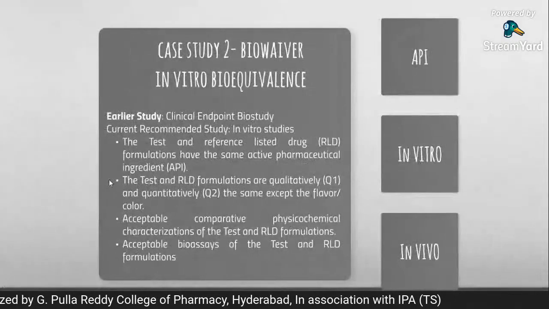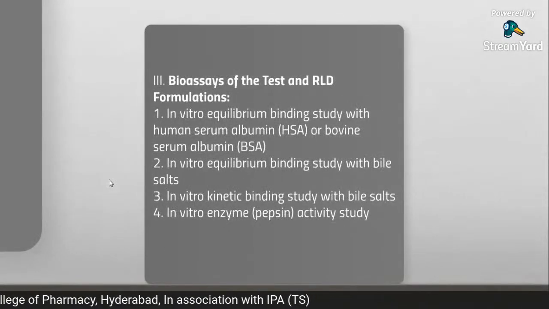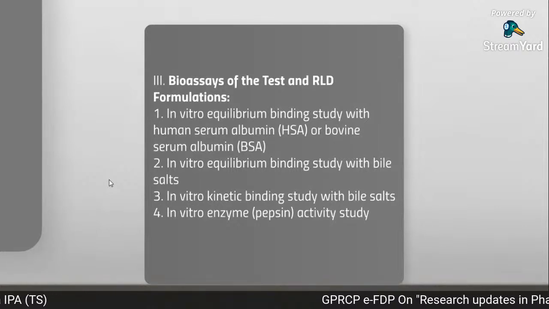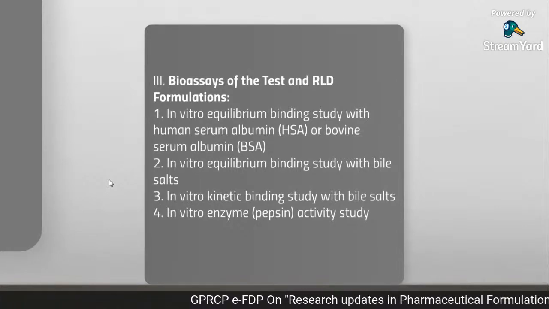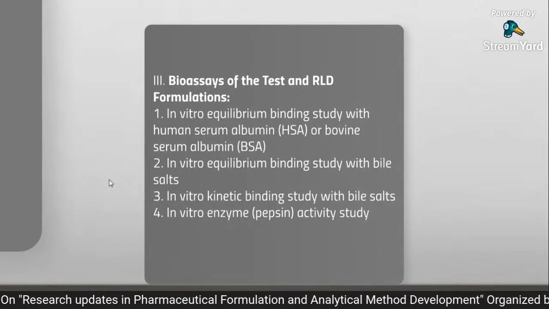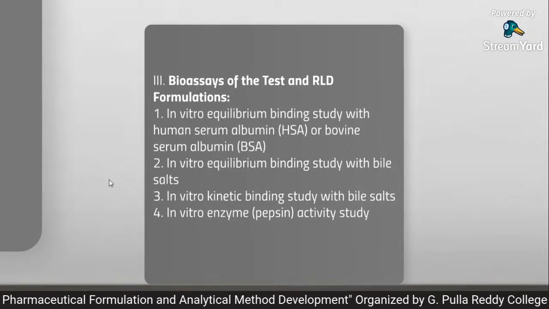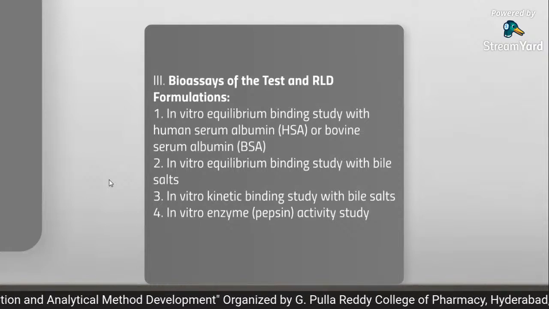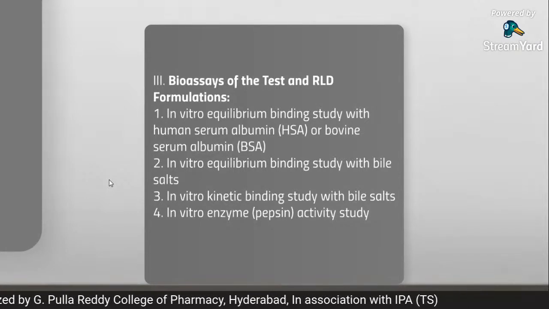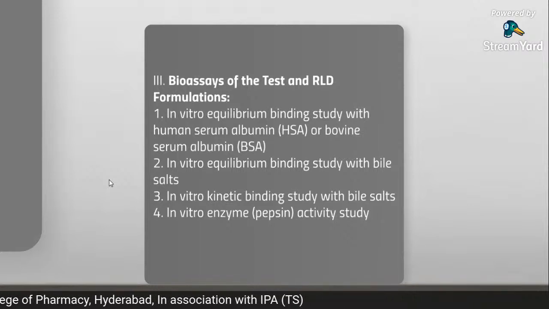And as part of bioequivalence, the clinical endpoint study has been replaced by in vitro equilibrium testing as bioassay. That was an in vitro equilibrium binding study with human serum albumin or bovine serum albumin, an in vitro equilibrium binding study with bile salts, an in vitro kinetic binding study with the bile salts, and an in vitro enzyme activity study by binding with the pepsin. These are all the in vitro bioassay tests that have been proposed by us, and if they have